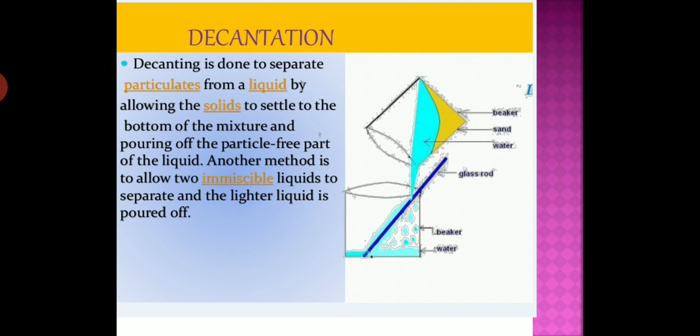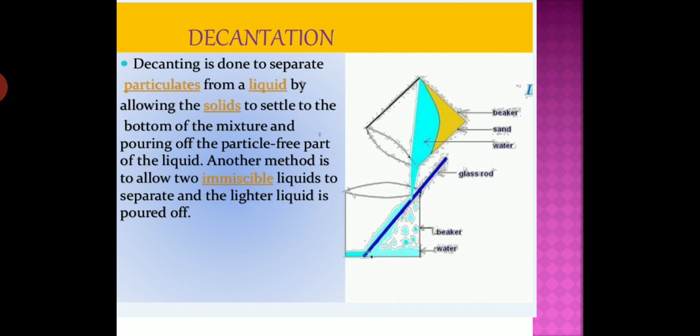Understand? A mixture of two immiscible liquids, such as a mixture of oil and water, can be separated by decantation. So I hope you understand decantation and sedimentation. Sedimentation and decantation are done for a liquid and an insoluble solid. Then if some impurities are still there, when you remove the upper layer of water from this beaker, you remove these impurities with the help of filter paper. So student, I hope you understand.